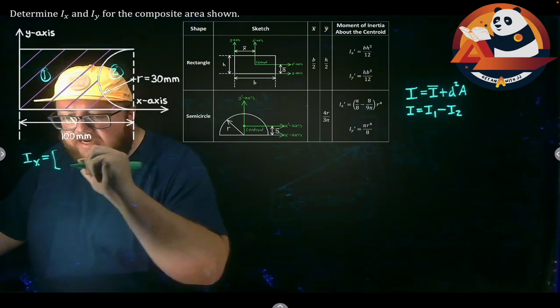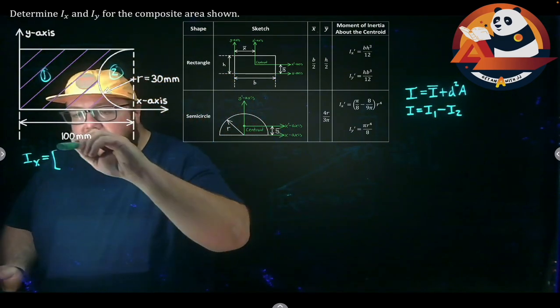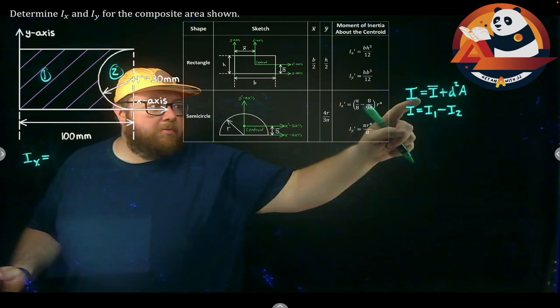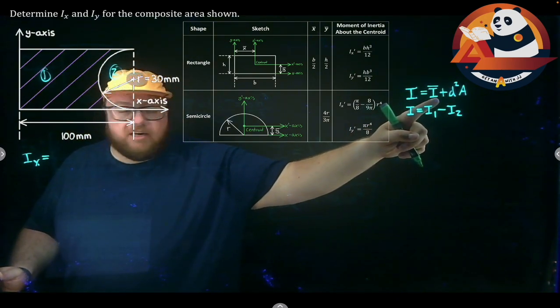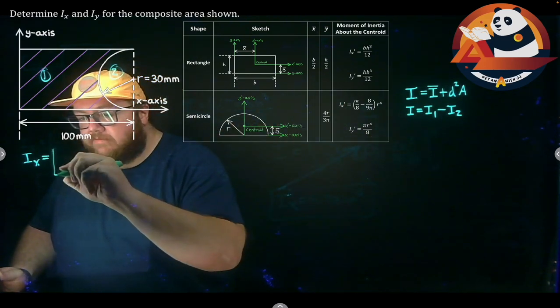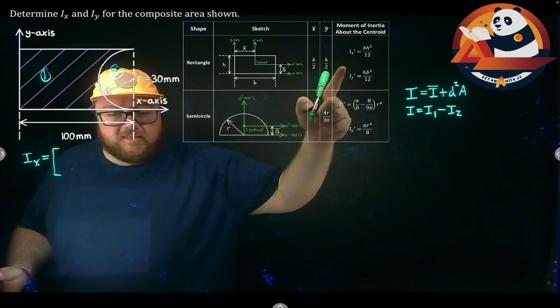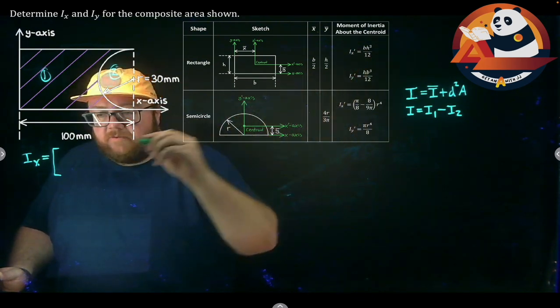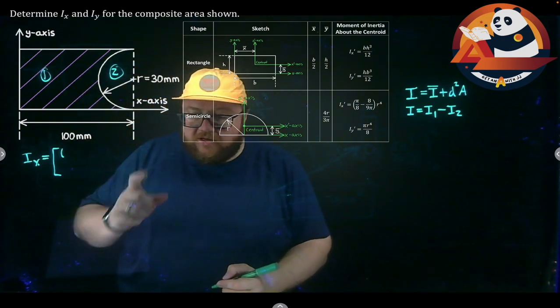So we'll get the rectangle first. My moment of inertia about the x-axis is my moment of inertia about the centroid of the rectangle, which is I bar, the same thing as Ix prime, base times height cubed over 12. So my base is 100